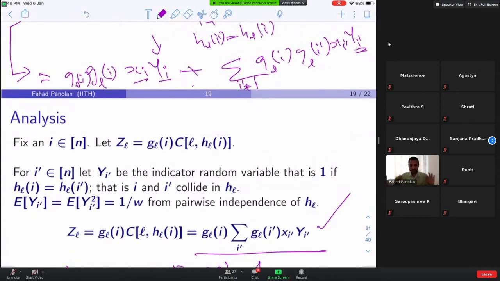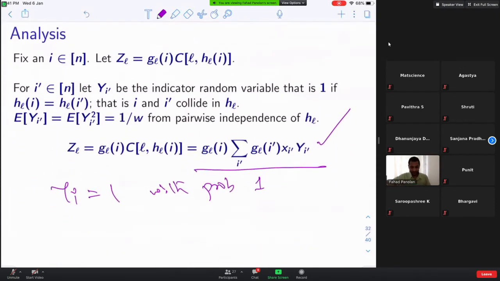Now from here to here, it's very simple. GL of I is common here. One GL of I is common. Okay, take it out, GL of I. Now I wrote I prime not equal to I. Don't write I prime not equal to I, because there is a term GL of I xi yi, so that will come here. If you don't write I prime not equal to I, you just take GL of I outside, one of the GL of I outside. Is that clear? Yeah. Very simple. I get it now.